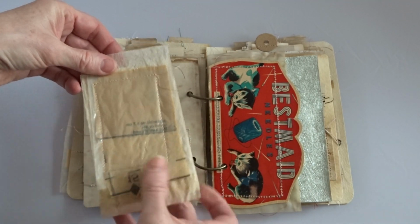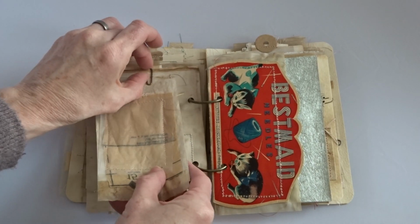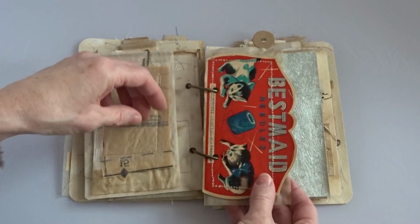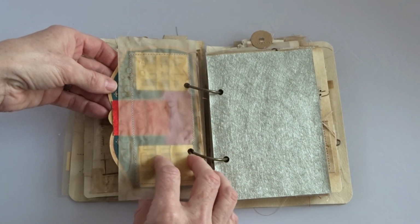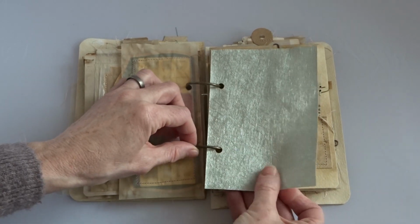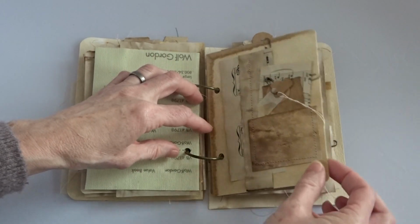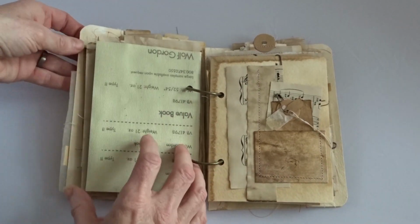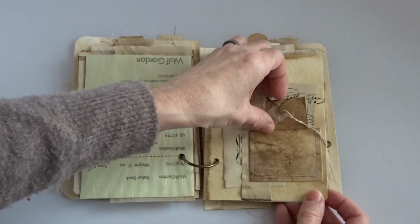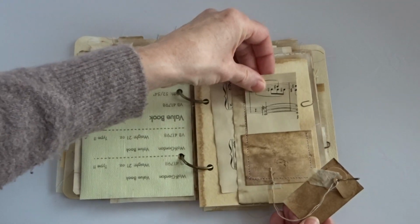The sewing paper, tracing paper, and a clear kind of this is from a cereal box. Lots and lots of different papers. Super fun process. This is a needle book, a vintage needle book. I have some wallpaper samples. This is a watercolor paper. This cover is a watercolor paper, and this is a watercolor paper. This is a very thick watercolor paper, and there's just a little tags there,